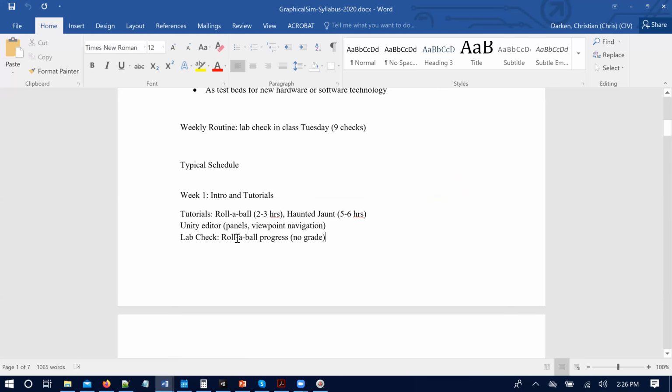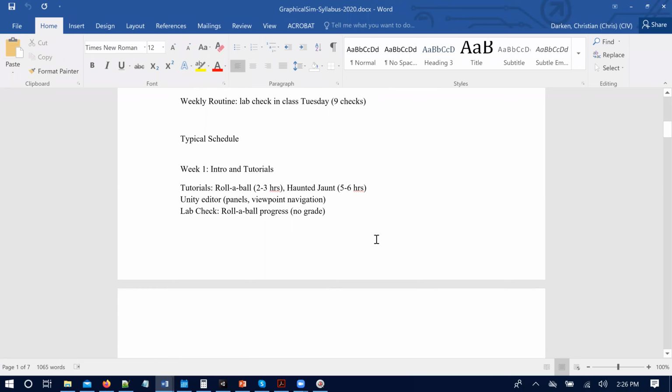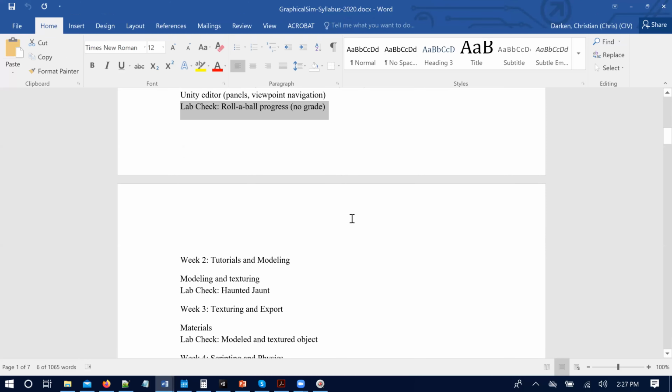Okay, so we'll start in then probably tomorrow, just opening up Unity, looking at the basics of the interface, which for any of these tools is pretty intimidating if you haven't worked with it before. Then this week, there won't be any lab check in any way, shape, or form because it just doesn't make sense. And then by next week, we should have covered some